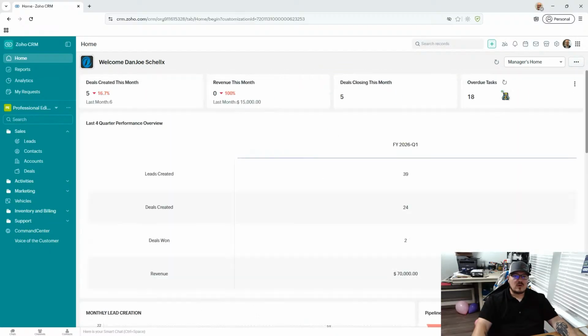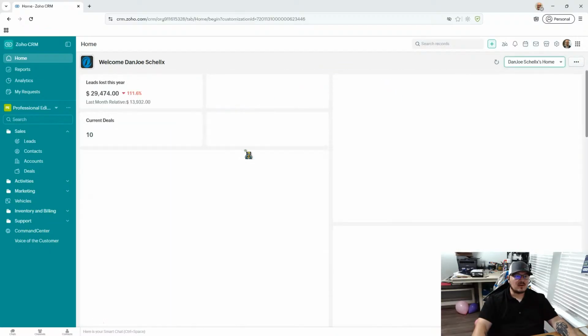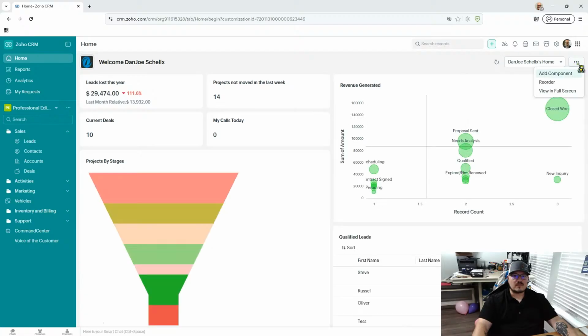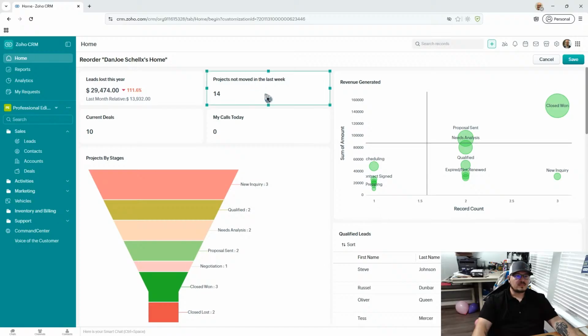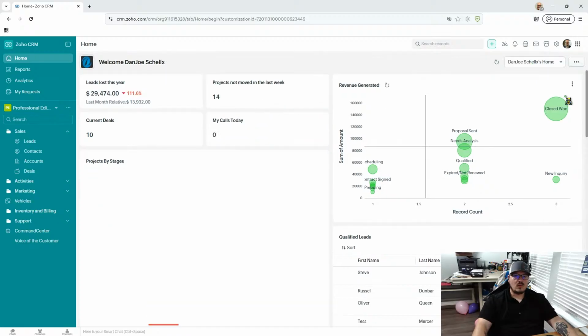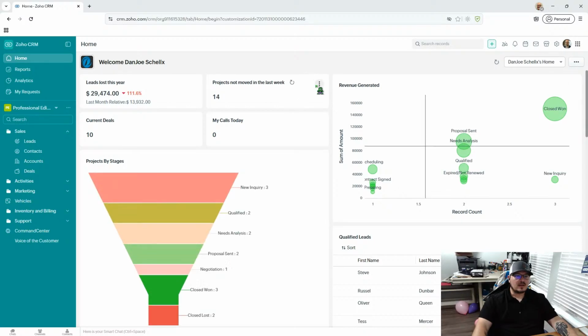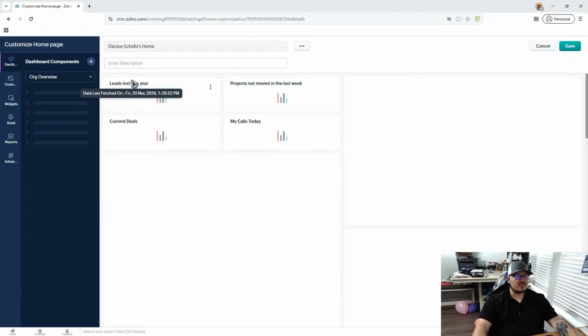You have the ability to also add and remove. So if I don't need something from here, I can click here and let's say click reorder, right? I can click on this and I can move it around, or I can click on the three dots and select remove. And if I wanted to add a component, I can add a component by clicking add,